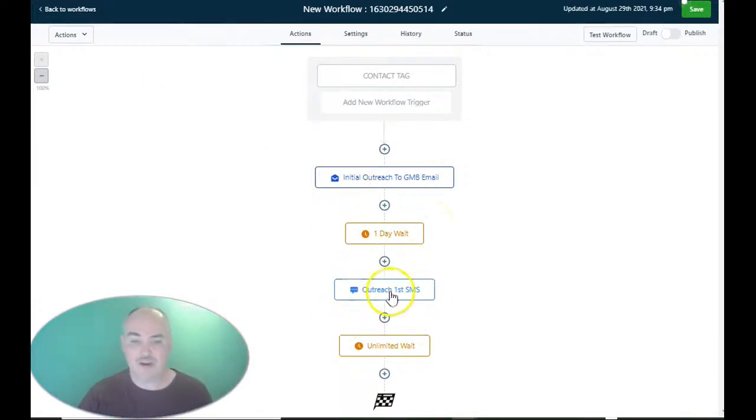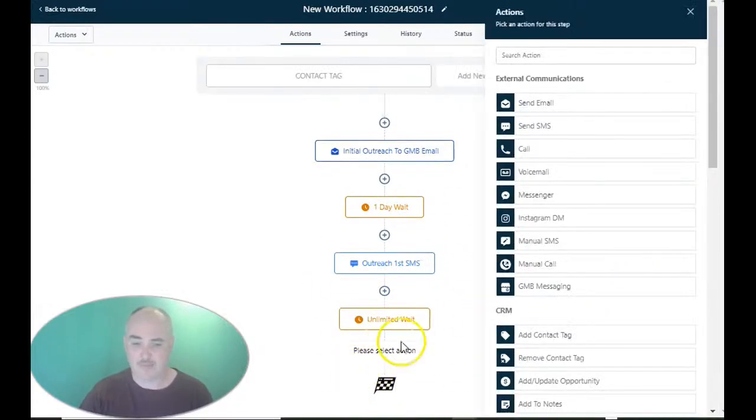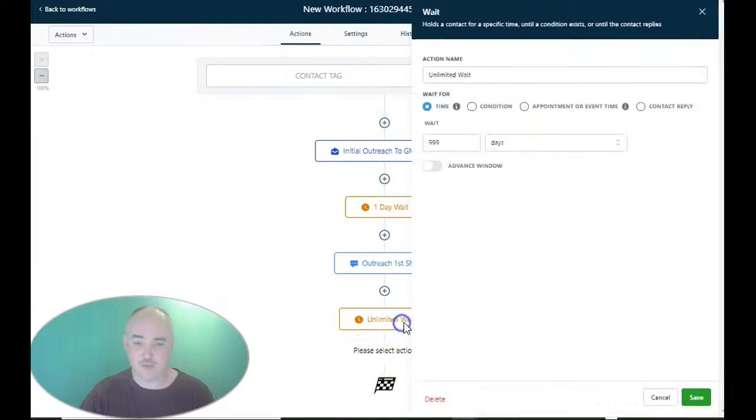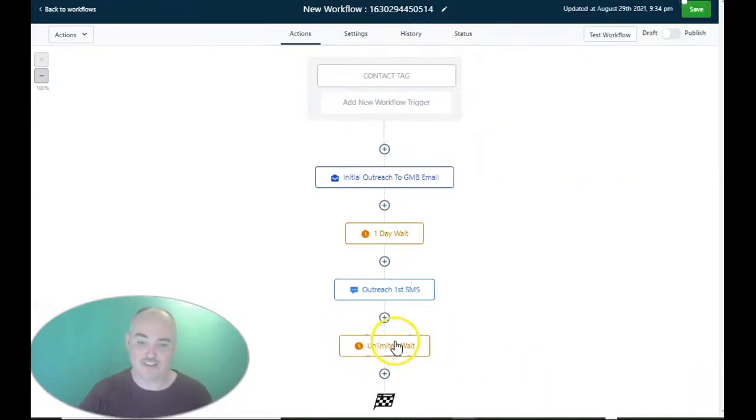So if we decide that we want to send some extra text messages or voicemails or whatever in here, then what we can do is add another step below this and then add another wait at the bottom. And when this step is done, we can come in here and set this to minutes, and set it to 1 minute. So it's a 1 minute wait, and when they get here, if I have 100 people, 200 people here, it'll wait for 1 minute and then it'll send them to the next email,